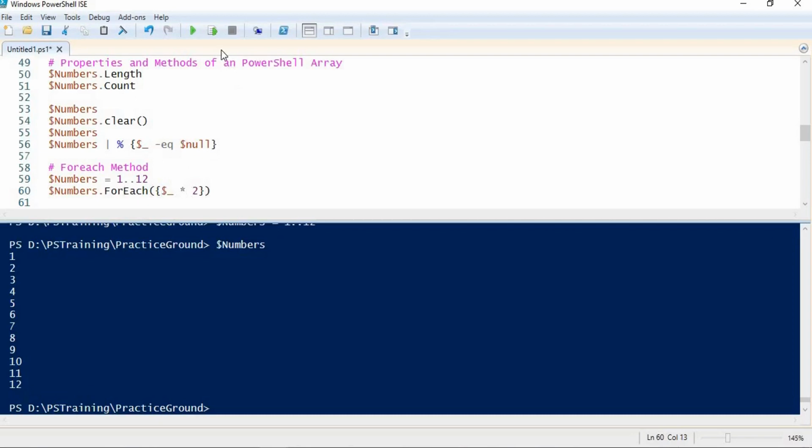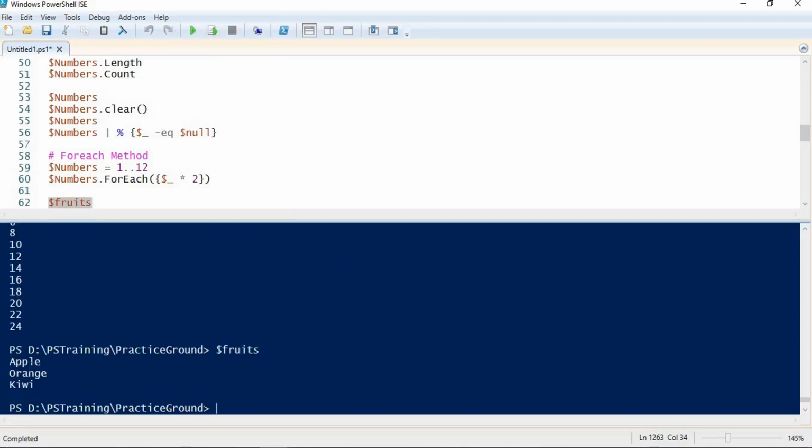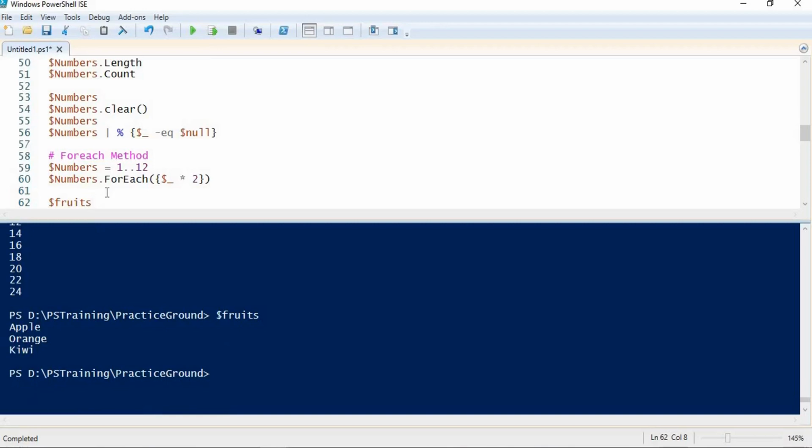So if I run this command, we can see all the elements of this array have been multiplied by 2, like 2, 4, 6, 8, I'm getting it like this. So in this way I can use the for each method to iterate some operation over all the elements of an array. Or suppose we created one array with fruit names. If I want to get its value, I can get apple, orange, kiwi, and they have a mix of uppercase and lowercase.